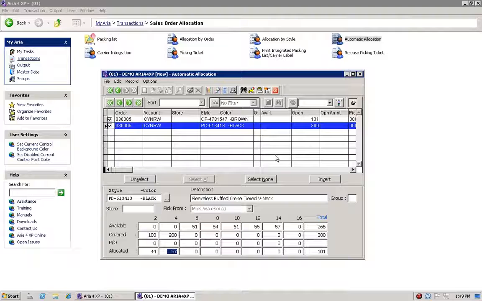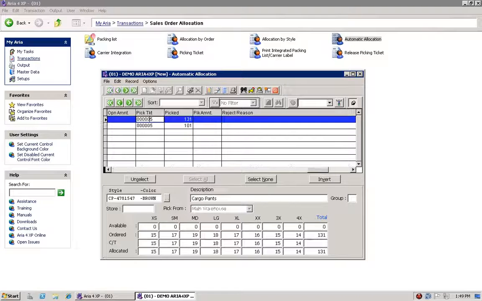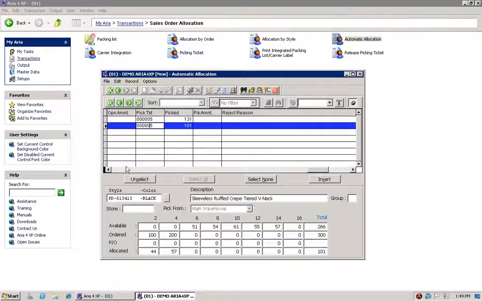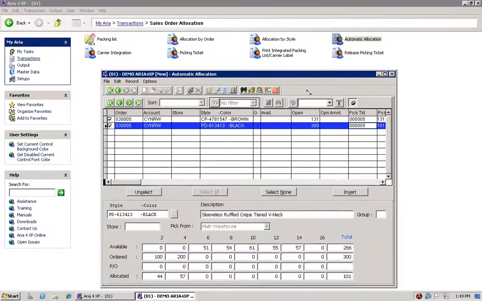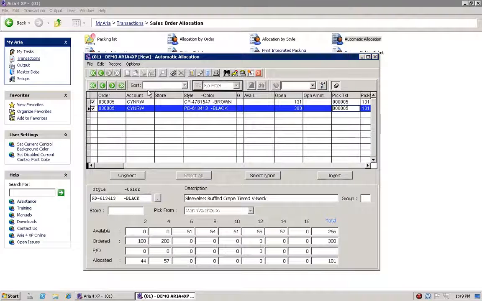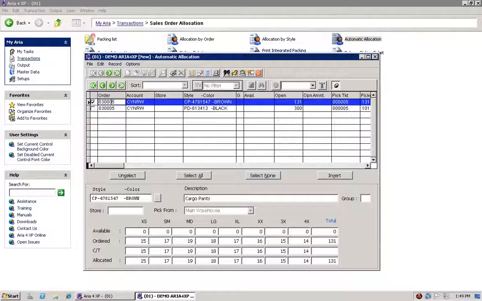So this process does not have a save button. Once you are done with that, meaning that the pick tickets are already generated. If for any reason you want to undo, let's say you made a mistake and one of these orders was supposed to stay as released, you can uncheck the orders that you don't need and keep only the orders that you would like to release, and then you click here on that unlock button to release the